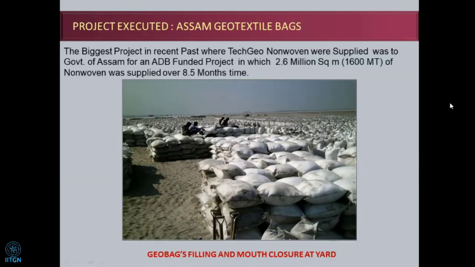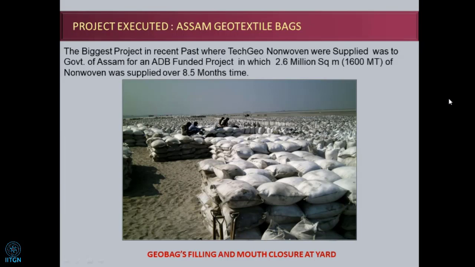You can also have geotextile bags made out of non-woven geotextile in various sizes, and there are various projects that we did with a large supply of different sizes of bags for erosion prevention, for bed erosion, and for riverbank protection, seashore protection. One of these is the Assam project which we did, where we supplied a large quantity of product by making geotextile bags as per the required size, matching the specifications given as per the DPR, and we also supplied within the stipulated time limits given for the particular project.